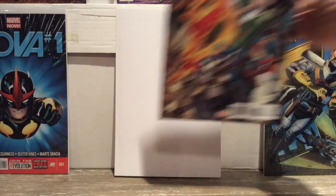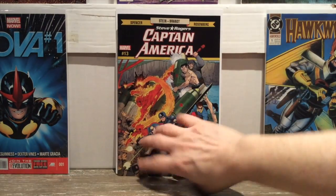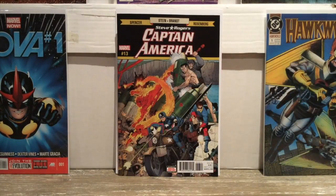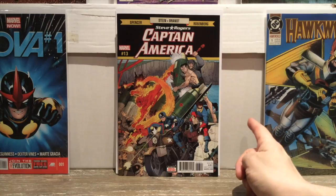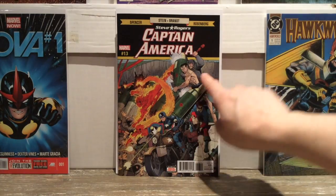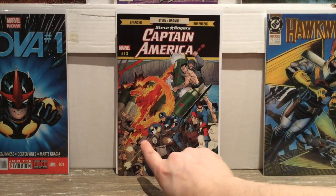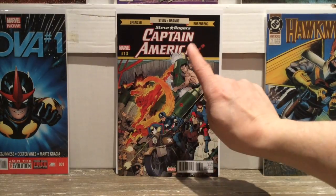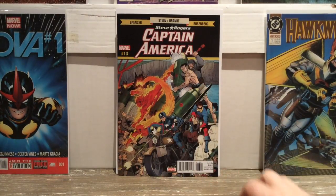Next up, a title I don't generally get, Captain America number 13, by Nick Spencer, art by Rosenberg. I haven't really been following this. I picked this up because I like the Invaders cover, the Invaders team with the Human Torch and Toro and Bucky and Namor, the Submariner,